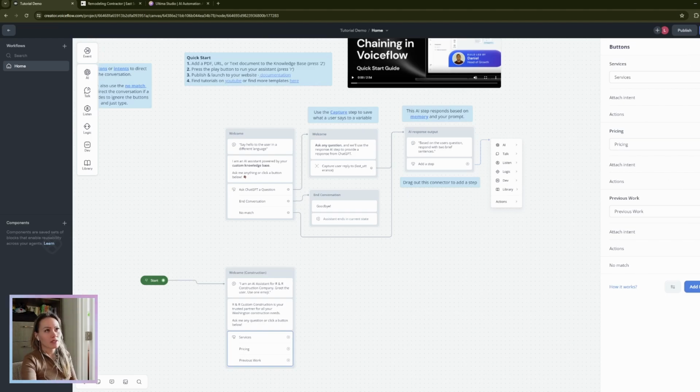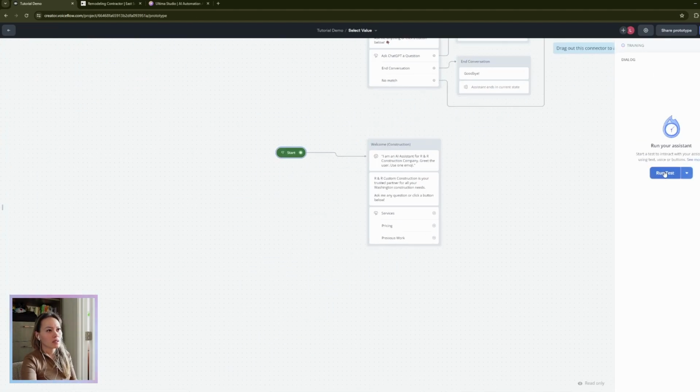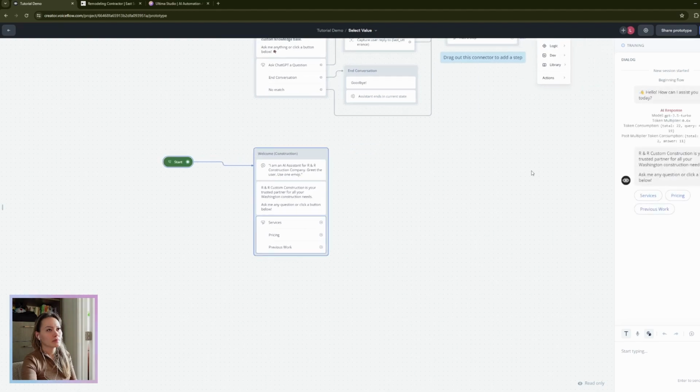Let's try to run this to see how it looks right now. Awesome. So now we got like 3 different buttons. When you click on it, it doesn't do anything yet because we haven't done anything to it yet. All right. So now